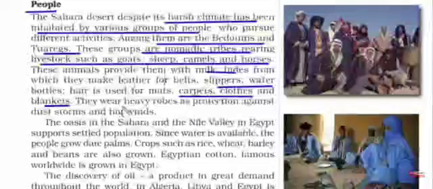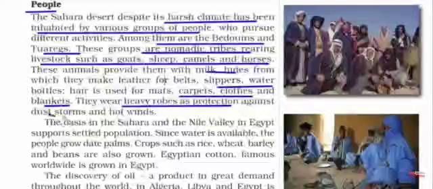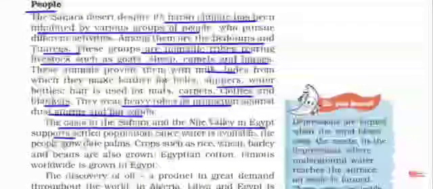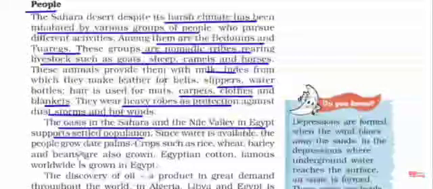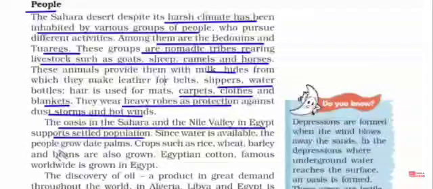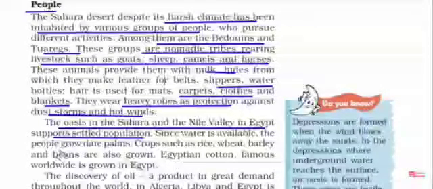They wear heavy robes as protection against the dust storms and hot winds. Robes are something that looks like this. You will find population being settled near oases, which have some humidity, water and shelter, and these oases are mostly found near the River Nile. People grow date palms and in turn